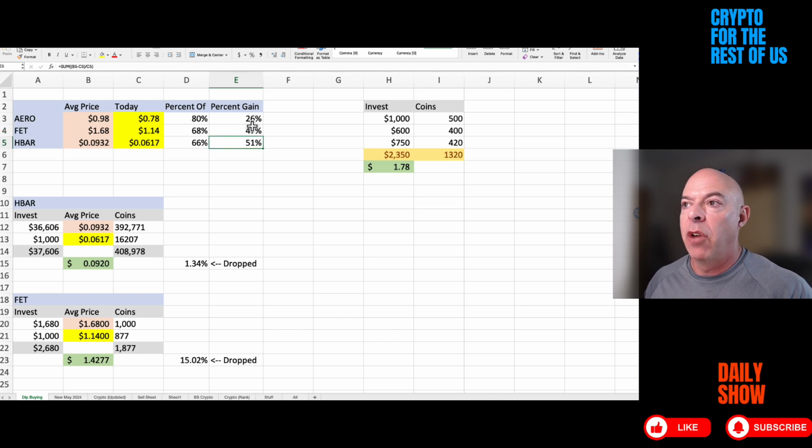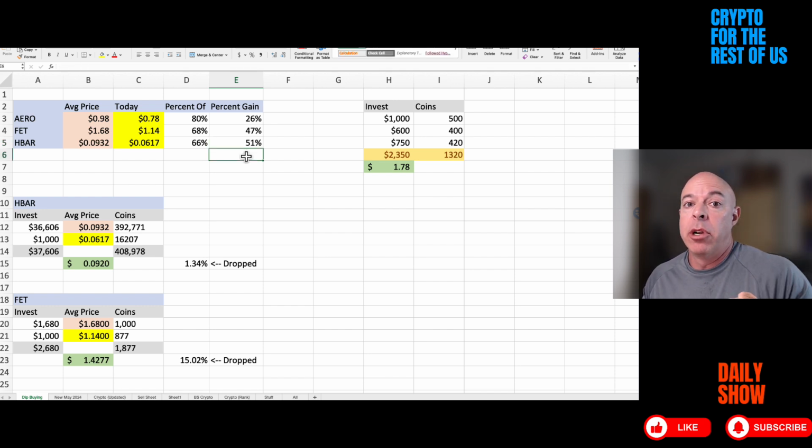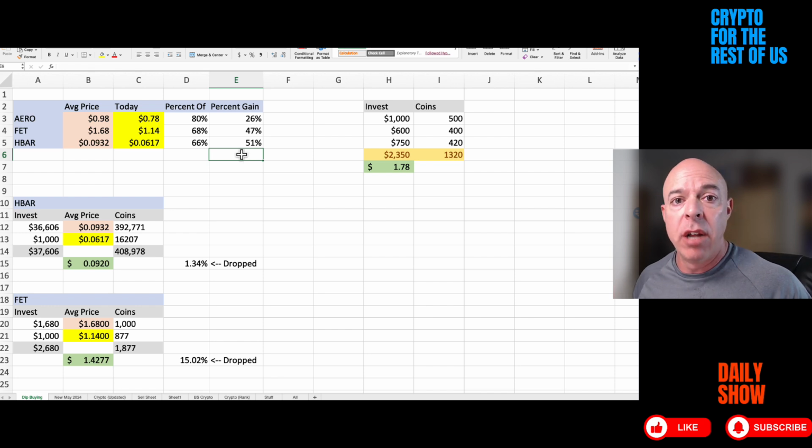All right. That was the second thing I look at: what percentage gain could I get on my money? Because I always think in terms of the average of everything I've invested in that crypto, but also, maybe I'm willing to put in even more money if I think it's dropped really low and I could just have a quick gain of 50%, which is unbelievable. You drop 10 grand in, you just made 5 grand.